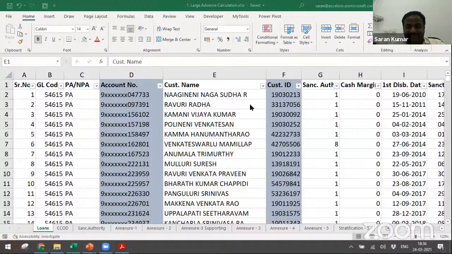That's the reason. In fact, I forgot to mention that these reports you might have taken as on 31st March. But not just as on 31st March, you need to take them for five periods: last year end, then after first quarter end, second quarter end, third quarter end, and as on 31st March 2021.